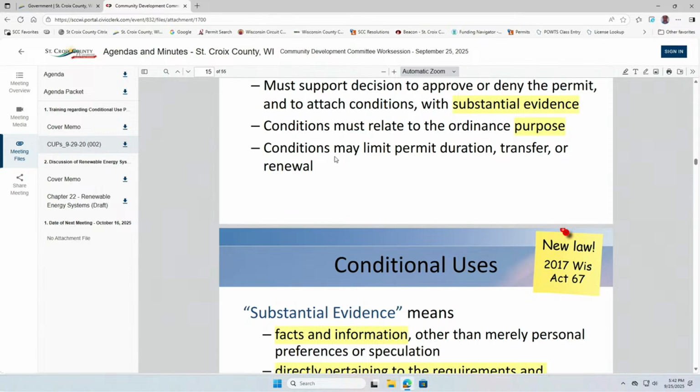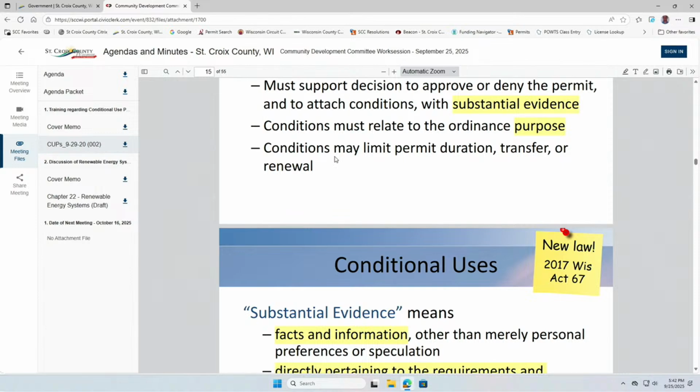Generally speaking though, the idea behind a conditional use permit is that if the owner follows the criteria on their permit to be able to operate, those conditions or criteria are offsetting the negative impacts of that use to the adjoining property owners. And so the use should really be able to continue in the foreseeable future because we should be mitigating all of that other stuff. So in a lot of cases, it doesn't necessarily make sense to have a duration on it. But there are times where it might be nice.